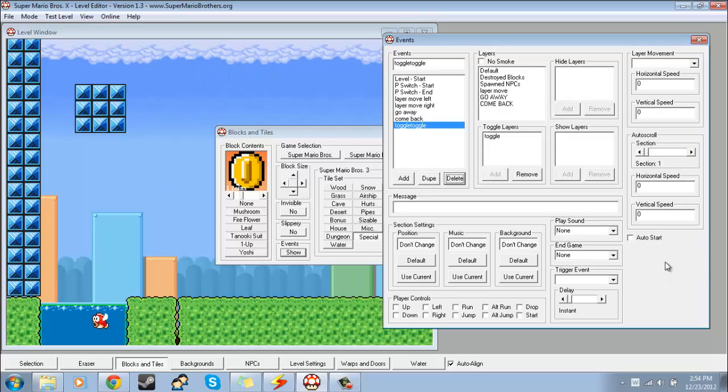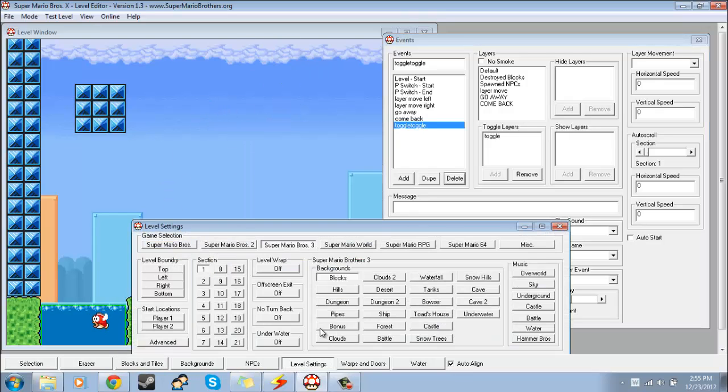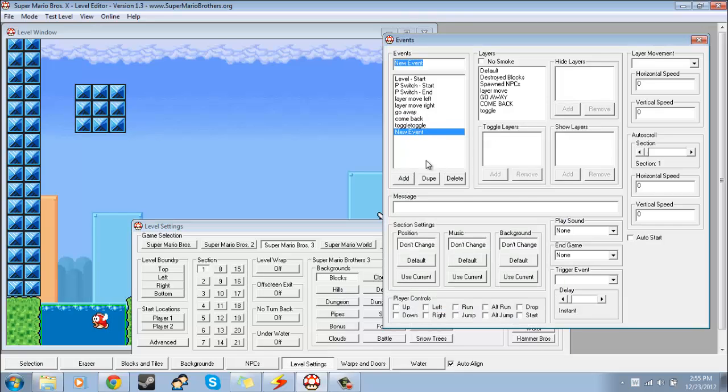Now keep in mind that I will show you the background for the example, but if you want the music to change, then you would just do the exact same thing, except you would do it under the music category instead. So let's say I want it to change from the block's background to the hill's background when I hit a block. Well, what I would do is I would first make a new event,